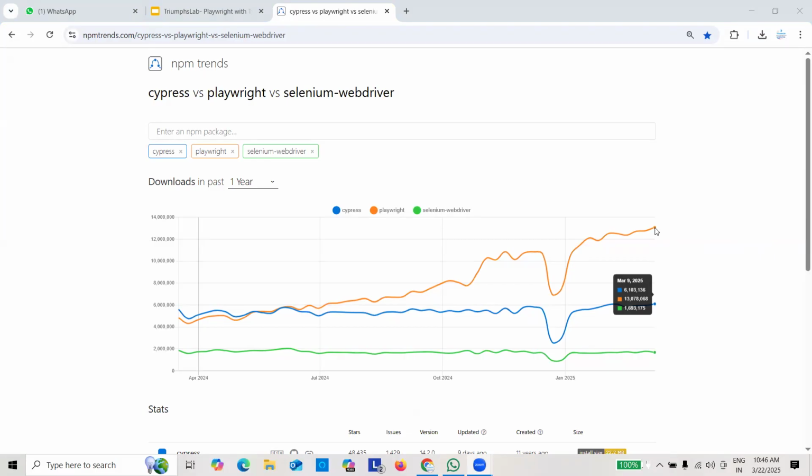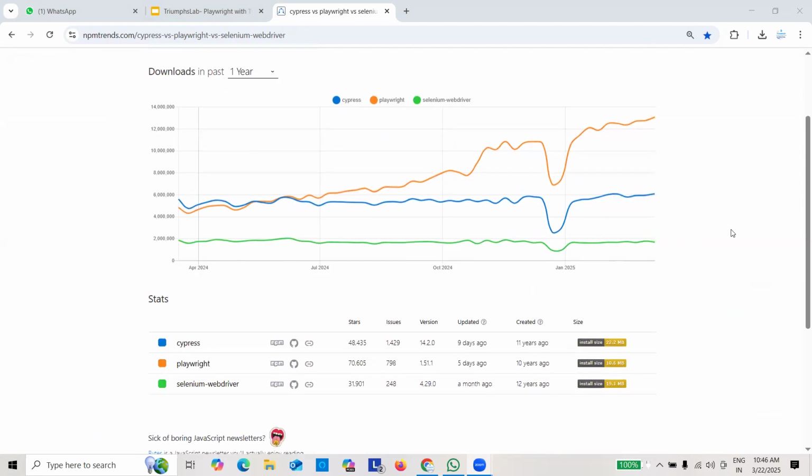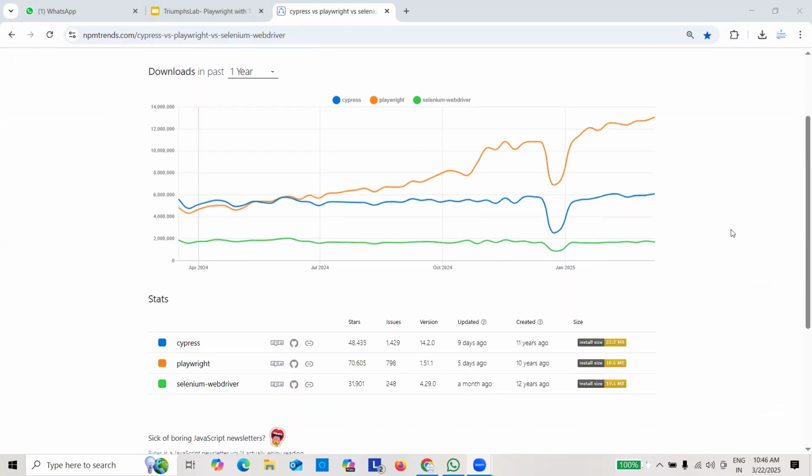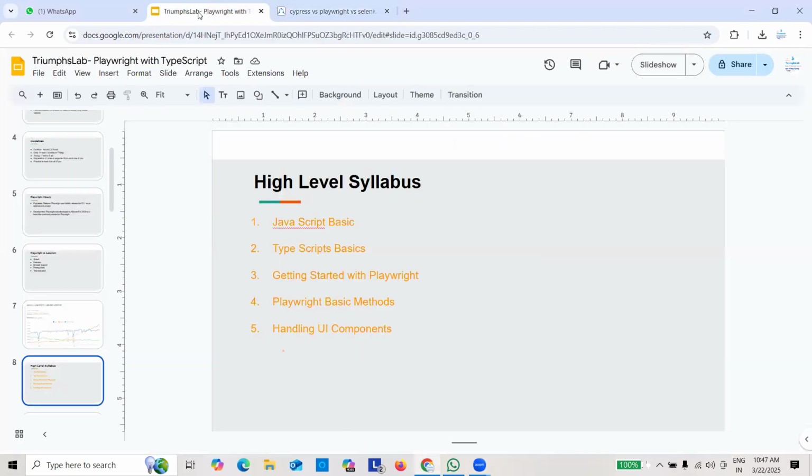One thing that I forgot to mention is that regarding execution, Playwright comes with an inbuilt auto-wait feature, wherein you need not write any special code for waiting for an element to be interactable. It does everything on its own. You just have to specify the action that you need to perform, and Playwright would take care of everything. Okay, let's go back to this slide.